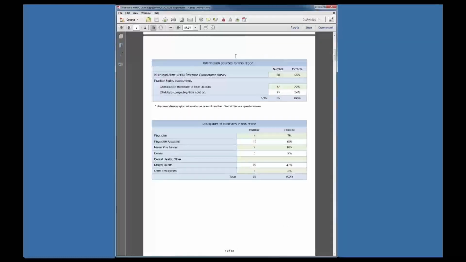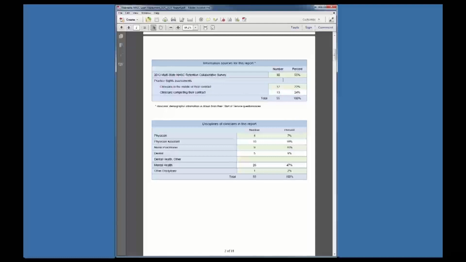So next page. The first few graphs, charts here, are to help orient you so you know who's in this report. And remember that these reports were created so that we merged in data from the 2012 survey. That was a cross-sectional survey, so that's not officially part of this longitudinal data system, but that was good data, and we all worked hard to get that in, and so we drew that into this reporting system. To the extent that there are items from the original questionnaire that can map well into the items on our current survey system, those data are brought in.